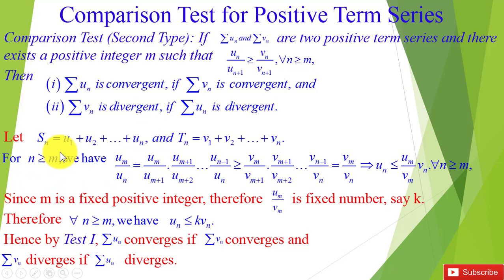Let Sn is equal to u1 plus u2 plus up to un and Tn is equal to v1 plus v2 plus up to vn. For n greater than or equal to m, we have